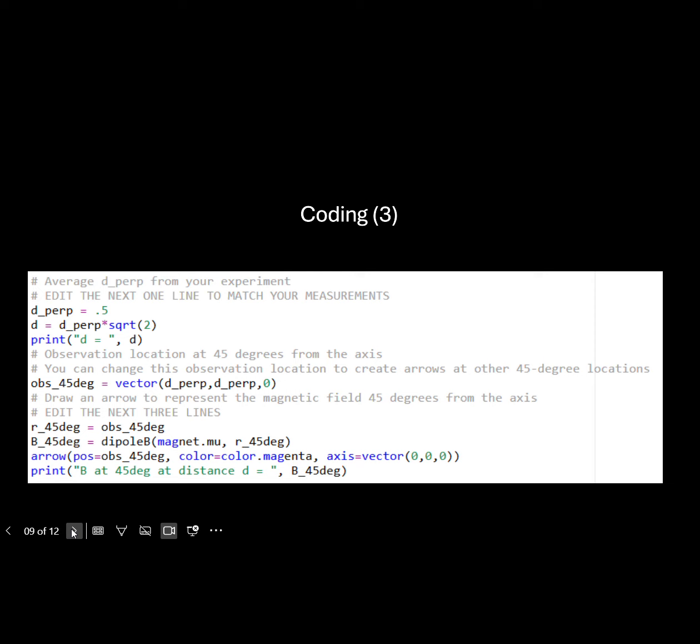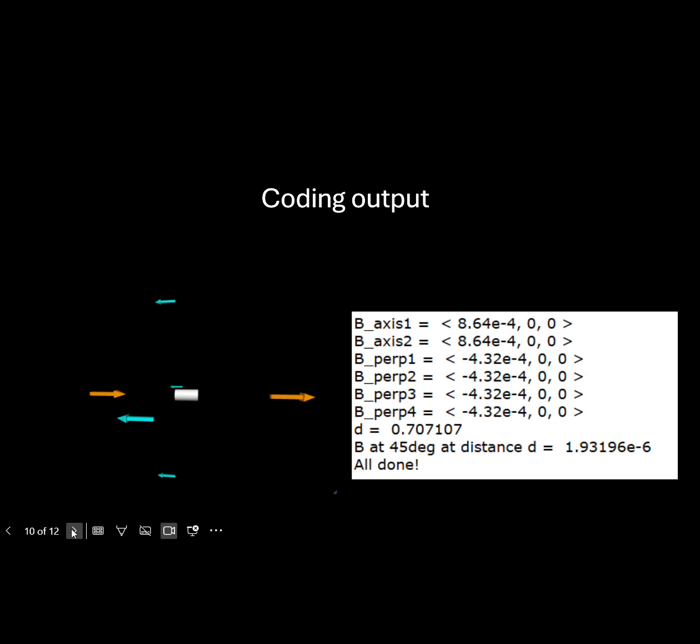And then these are some more measurements that we took, and this is for calculating the vector for the off-axis angles. And then these are our outputs, so we can see that the different colors will show the off-axis and the perpendicular fields. Also, all of those are given here. And then some of our results,